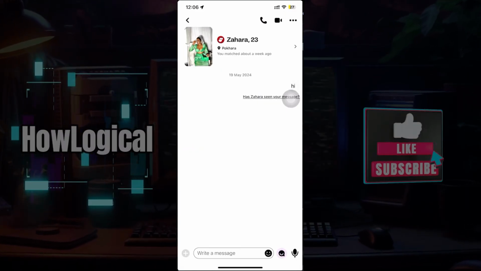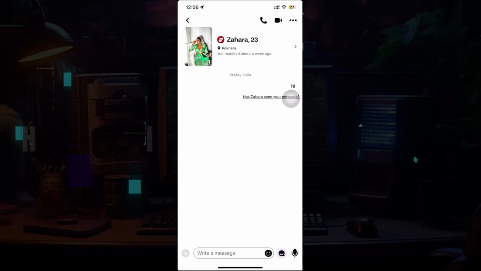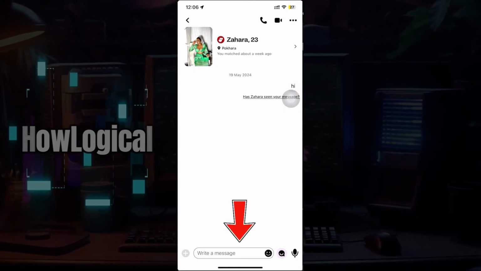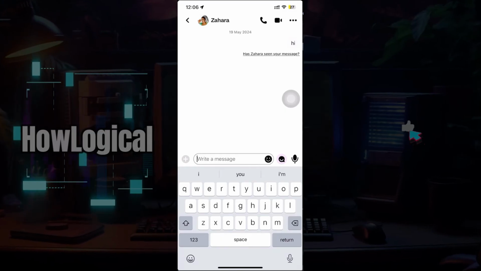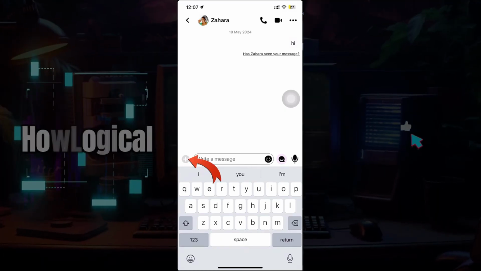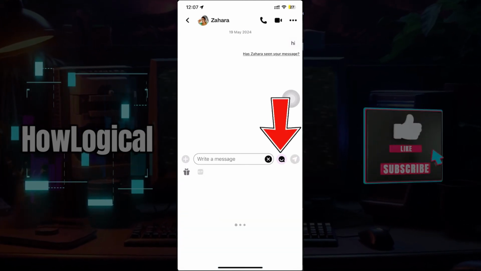And right here, this is the chat that I have done. Well, do note, you can send a message from right here that says write a message. I'm simply gonna click on it. Well, from here you can send messages, and you can send a photo as well. If you click on the plus icon, you can click on the emoji icon as well to send these different